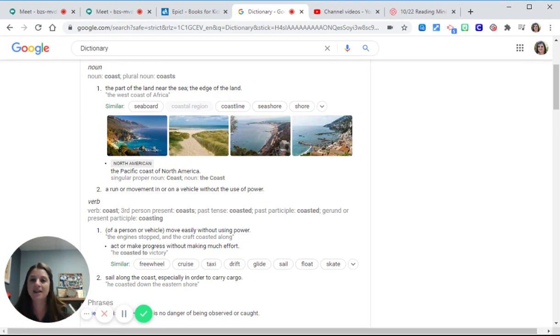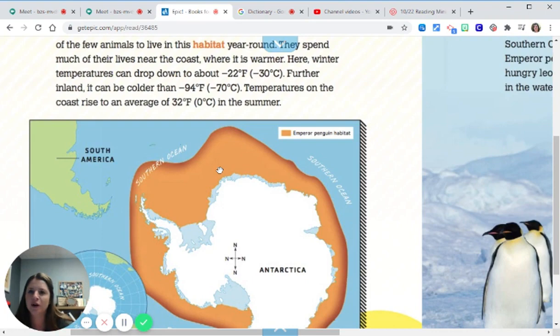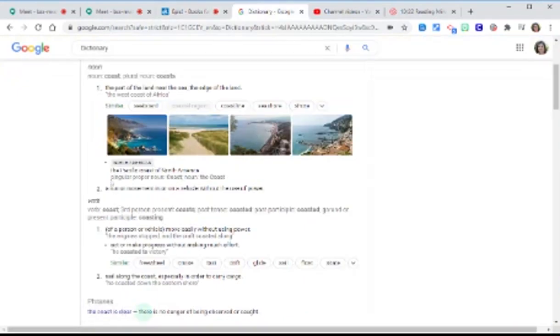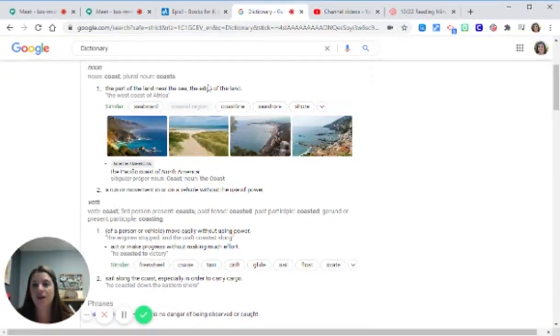You've already got that momentum going. So is that what they're talking about here? Are they talking about gaining momentum and just like going and coasting? No, I don't think that that definition fits within this context. I think our first definition, the part of land near the sea, based on the context of our nonfiction text, I think this is the correct